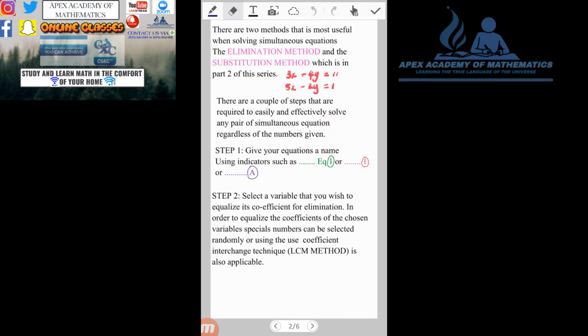Now, like everything else in math, there is of course a couple of steps that you must follow. Math is a procedural topic. All right, it's a procedural subject, it's a procedural language. You must follow step 1, step 2, step 3 to get to your answer. So like everything else, strategy is important, steps are important, and of course we're going to be going through that as it relates to this here. Okay, so there are indeed a couple of steps that are required to easily and of course effectively